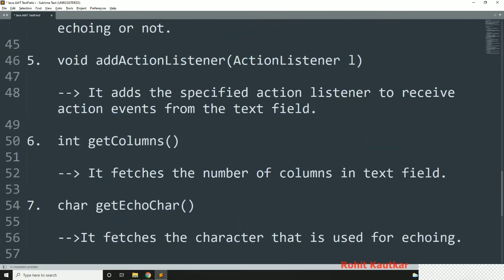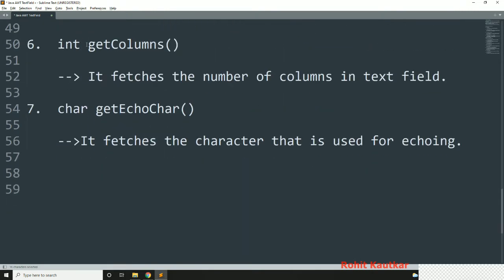Next you have addActionListener. To add an action listener to our text field, we can use this addActionListener method. It requires an object of ActionListener. Then the next method is getColumns. To retrieve the number of columns associated with the text field, you can use this getColumns method.